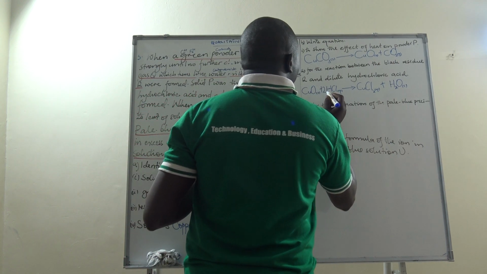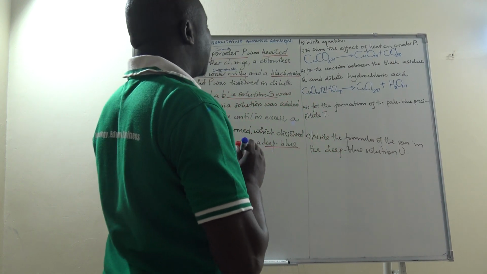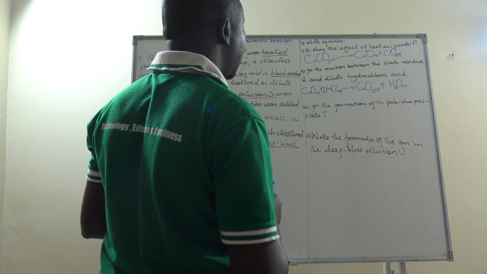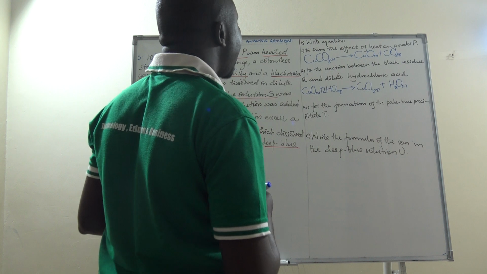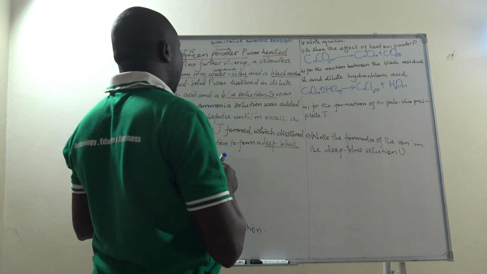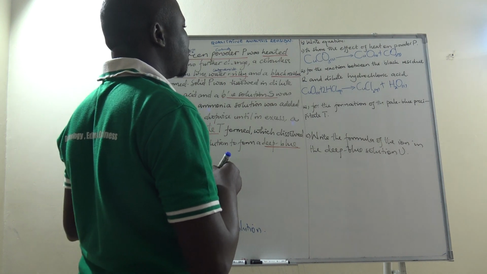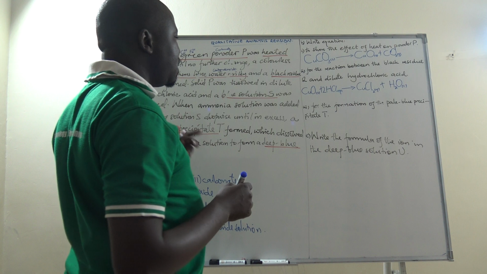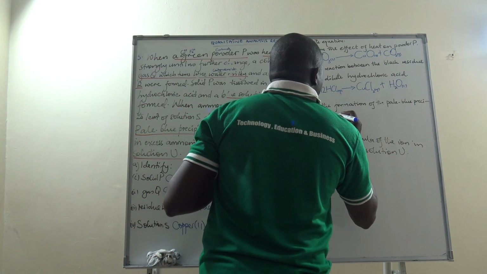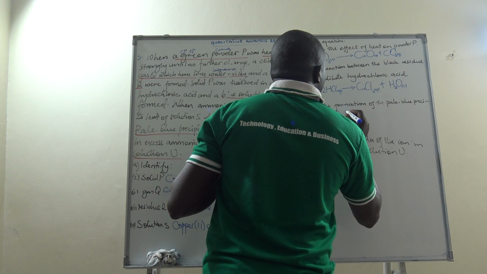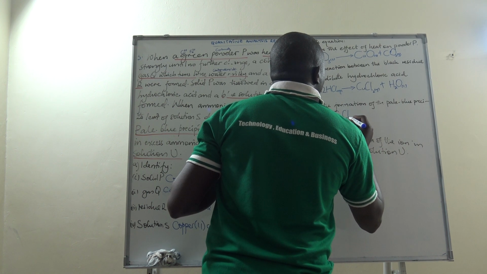This is the equation for the reaction between the residue R, which is black in color, copper 2 oxide, and dilute hydrochloric acid. We write also the equation for the formation of the pale blue precipitate T. So how was T formed? T was formed as a result of the reaction between the blue solution, that is copper 2 chloride solution,